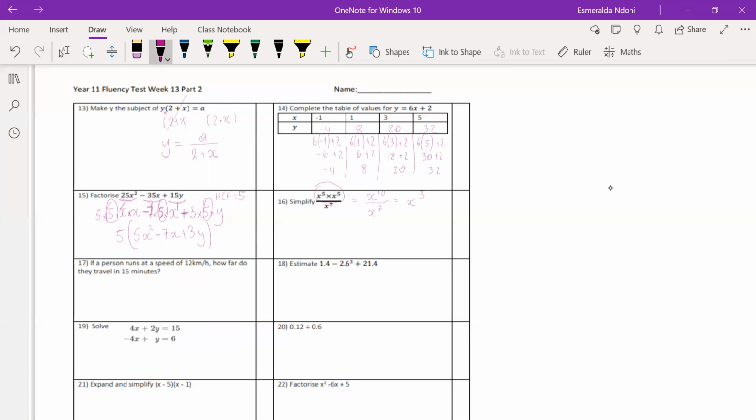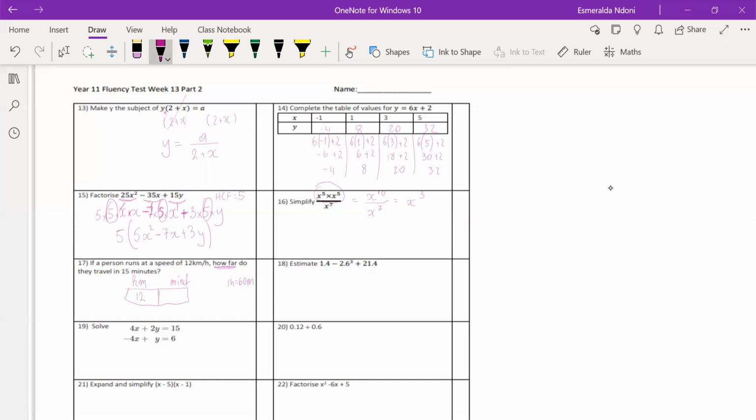Question 17. If a person runs at a speed of 12 kilometers per hour, how far? So you're looking for distance in your answer. How far? Okay, let's draw our boxes. We know that the speed, distance, time is done with box method. So we have kilometers and we have minutes. We know that 1 hour has 60 minutes. The question is given us